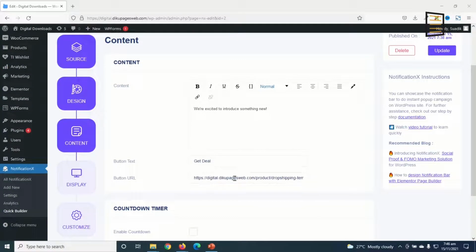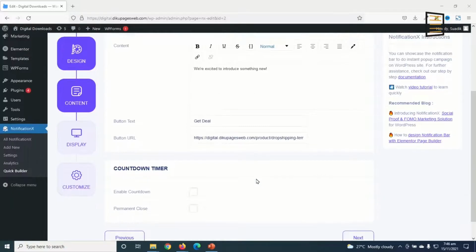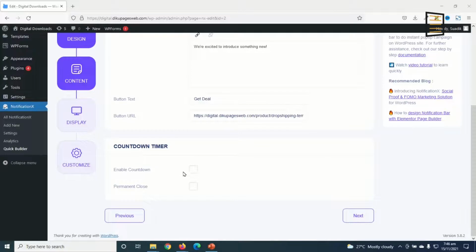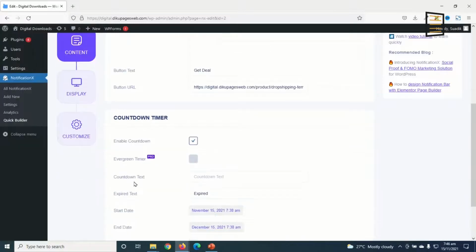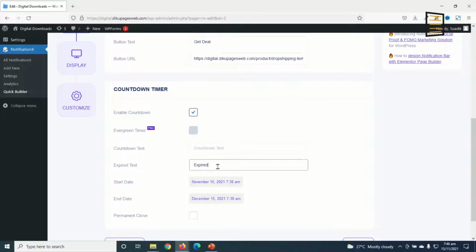Take note, the button URL, you can put whatever link you want to put there. You can link it to your shop page or even some category pages. For this tutorial, I'm going to link it to a particular product. Going down on the counter, I enable countdown. I'm not going to put anything under countdown text. Expired text, when it is expired, I want my users to see that the notification bar is expired. Next is